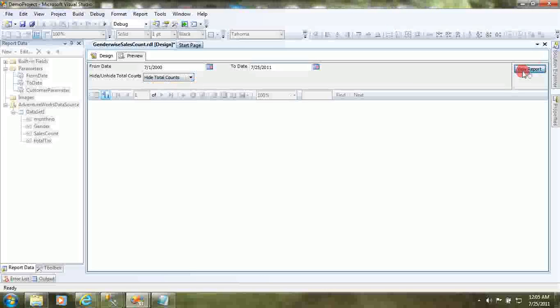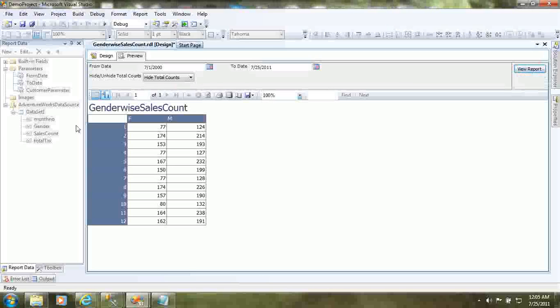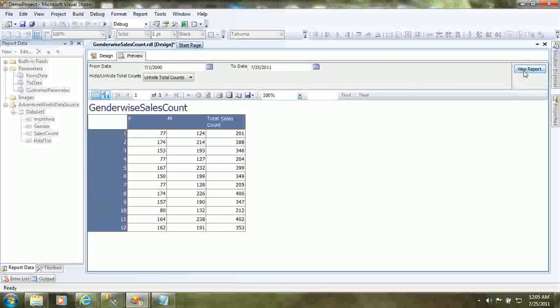Now the view report, you see there is no total counts over here, though the column is binding, but it will not get displayed. Let's say unhide the total counts, view report, here we go with our unhide total counts. So that's just an idea on how to hide or unhide the columns. You can play a lot based upon your requirement on this particular topic. So the next point over here for us is,